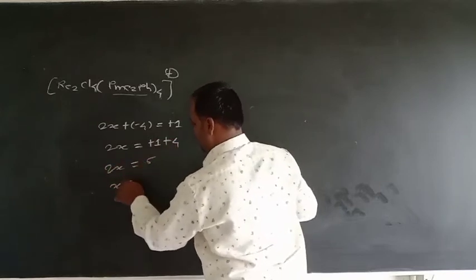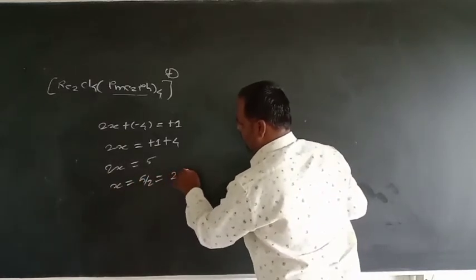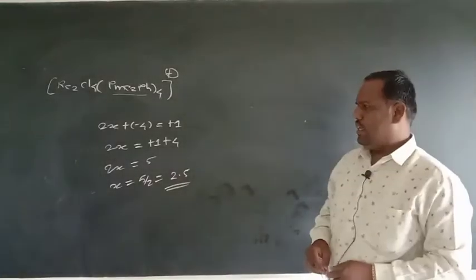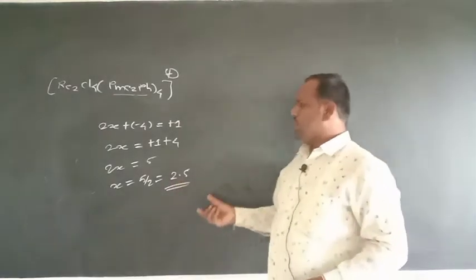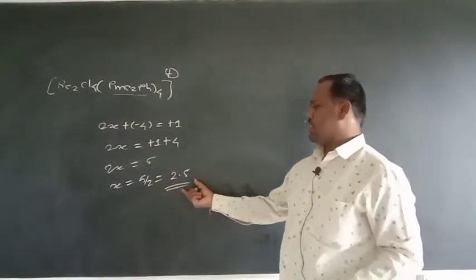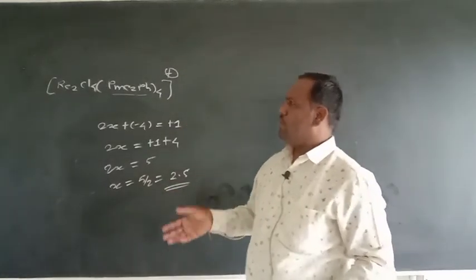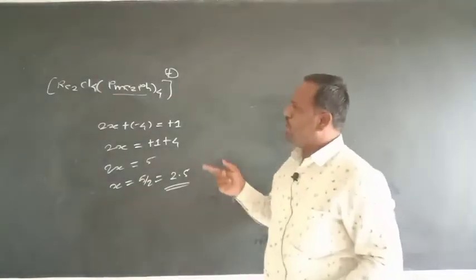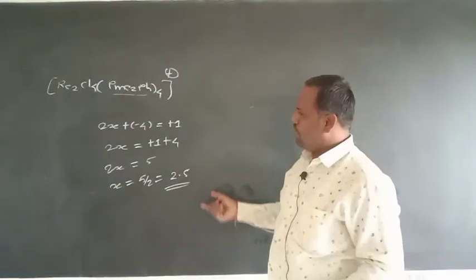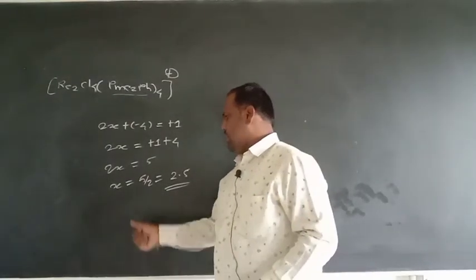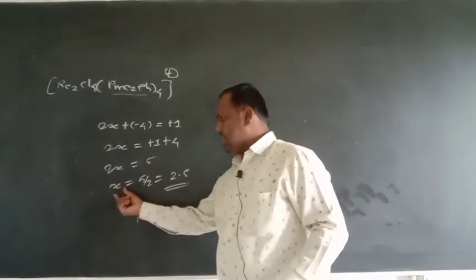So X is equal to 5/2, which is equal to 2.5. So in this case the oxidation state of each rhenium atom is in fraction, that is 2.5. How will you find out the bond order for this complex? Again in this complex the dx square minus y square orbital is involved in bonding with the ligands, and therefore only one delta bond is formed by the overlapping of dxy orbital. So this 2.5 is not the bond order, it is the oxidation state.